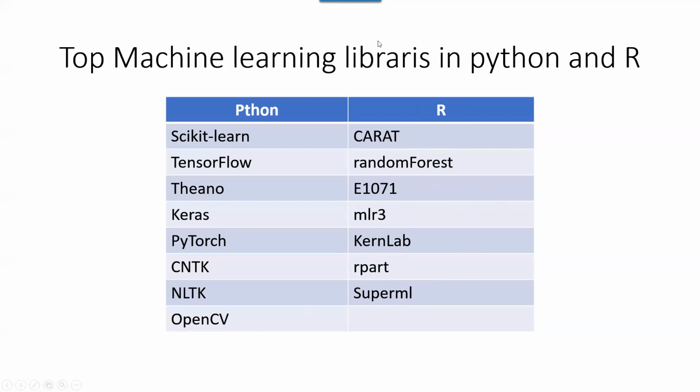These are specialized in machine learning and deep learning, but we also need data manipulation packages and data visualization packages. For example, in Python, we need the NumPy and Pandas packages to manipulate the data, and we also need SciPy and Matplotlib for data visualization. For R, we need dplyr and tidyr for data manipulation, and ggplot2, plotly, and shiny for data visualization.